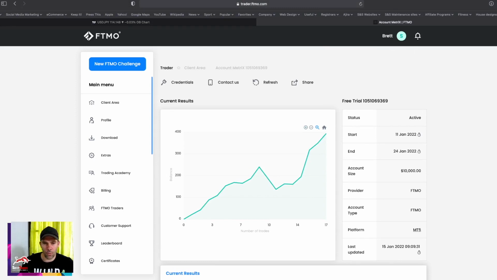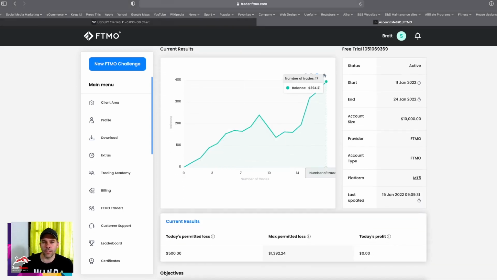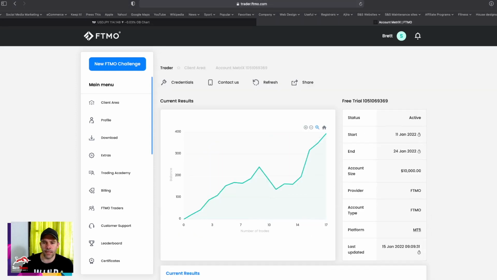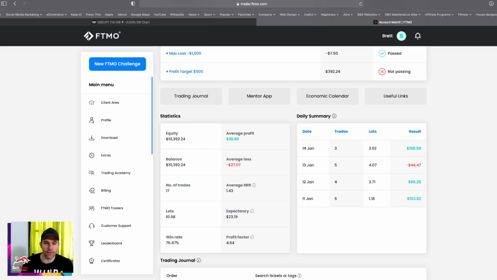But apart from that one $200 loss, which is only 2 losses in a row, not such a big deal. I mean, sorry, it was a $100 loss because it was two losses at risking 0.5. So really nice momentum with that graph, guys. Win rate is very, very good. We have a win rate of